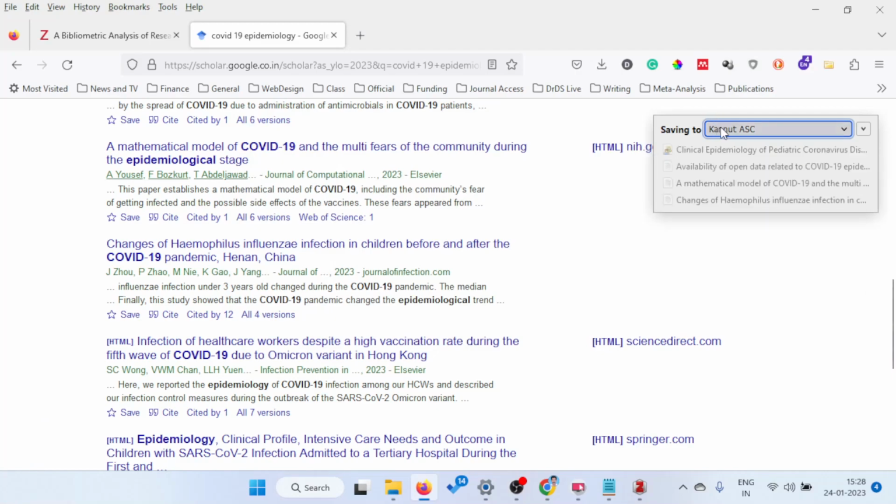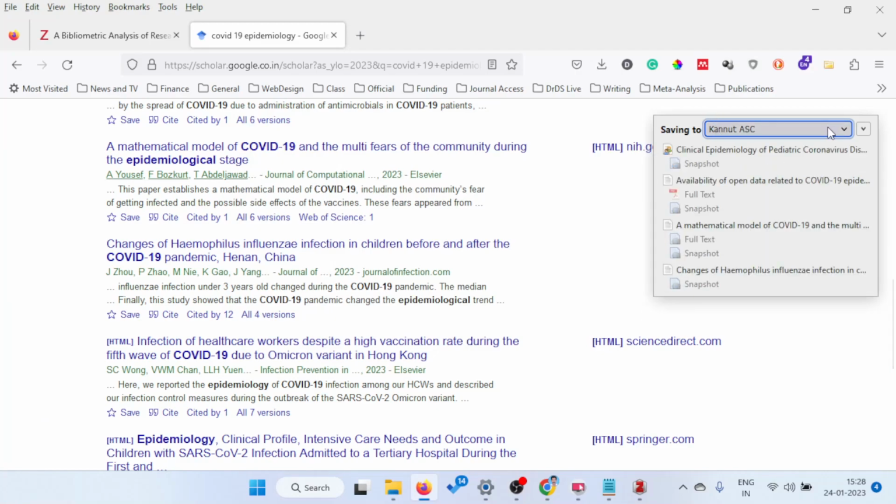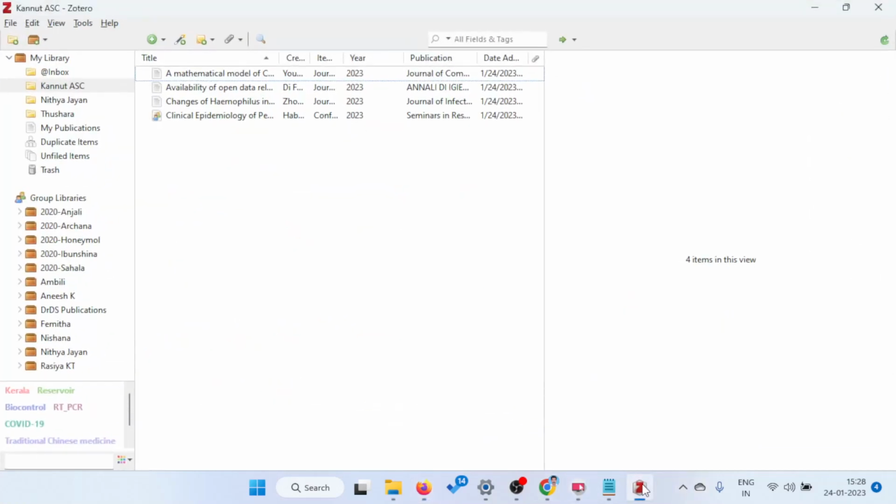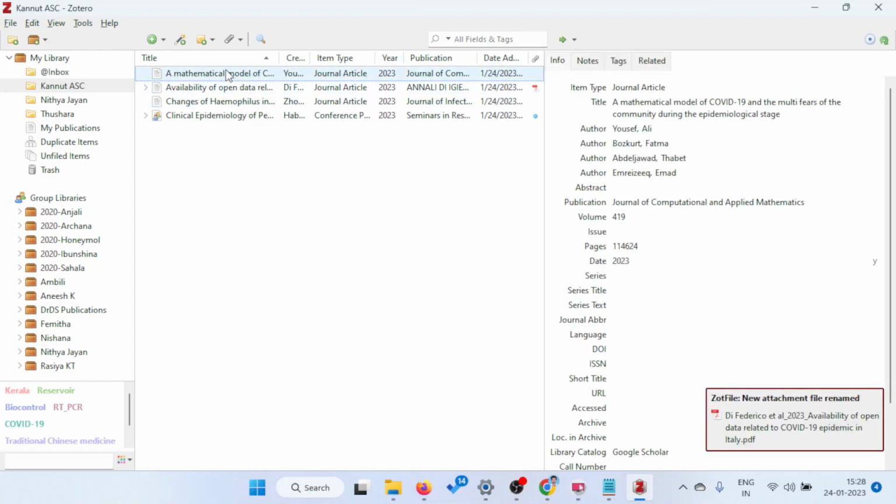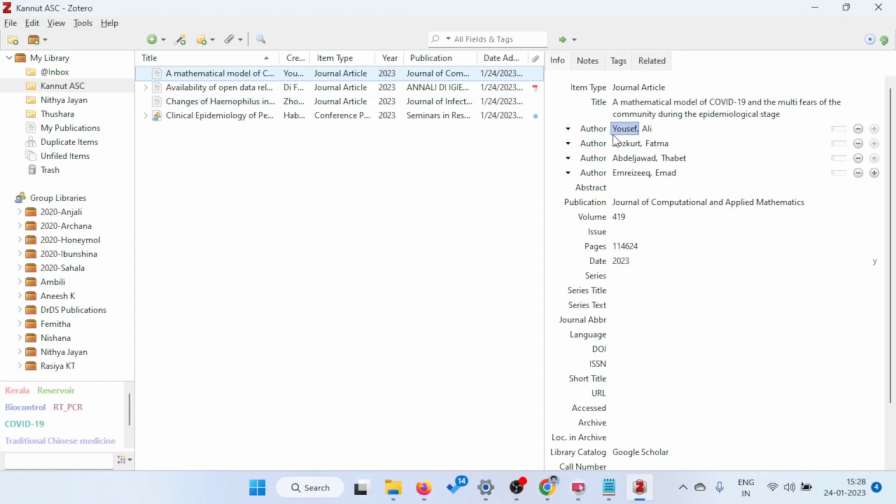You can see that under Kannur ASC it is automatically downloaded. Now you come back. See in the database, that data is already saved. So the publication name and the journal name, etc., are already there, right? So this is the metadata. It's a journal article, and